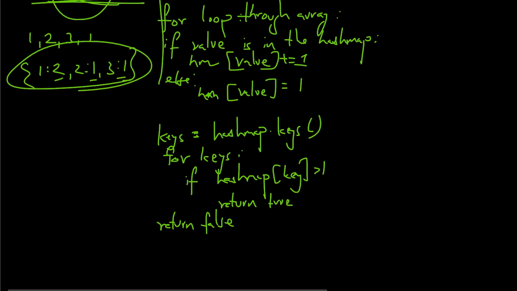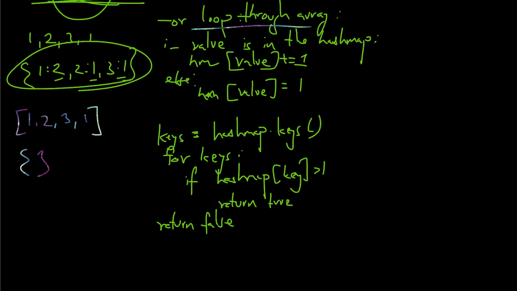Now let us actually take an example to make this more understandable. So 1, 2, 3 and 1. Start by declaring an empty hash map. You will run through the array. So I starts from here. Now is the value in the hash map? No. In such a scenario, you are going to take that value and assign the element of that key as 1. This is the first step.